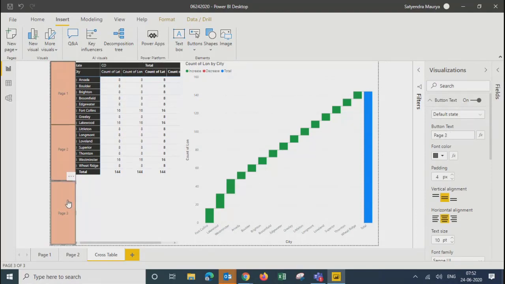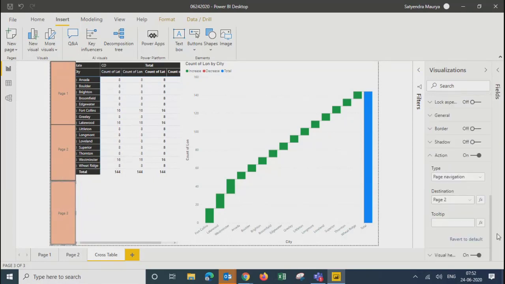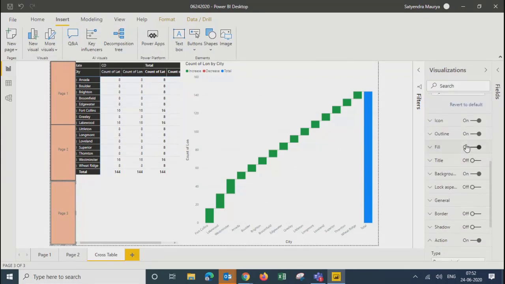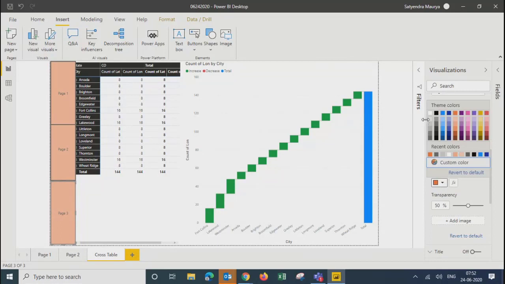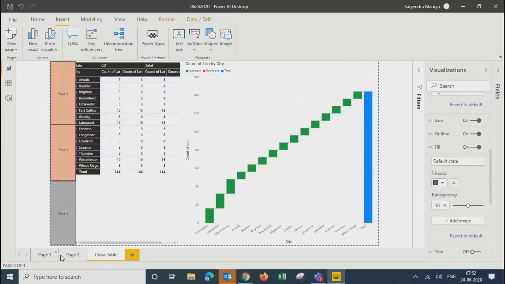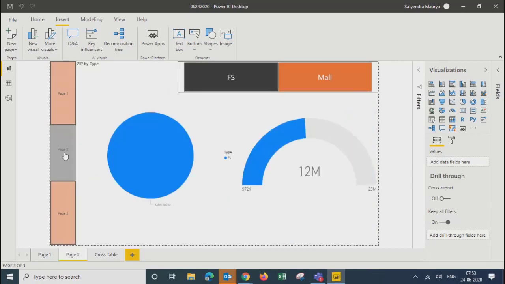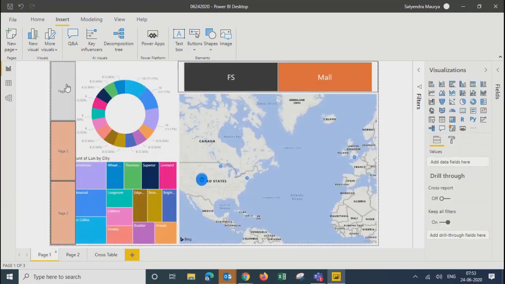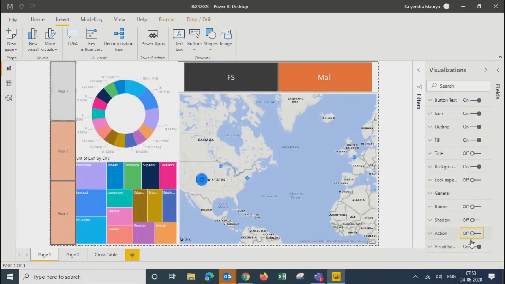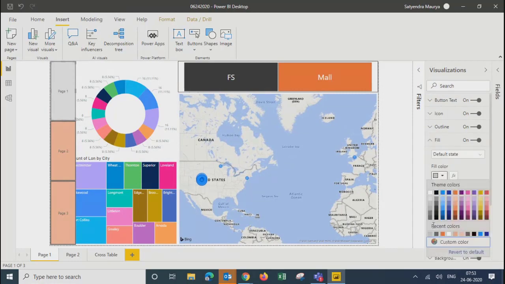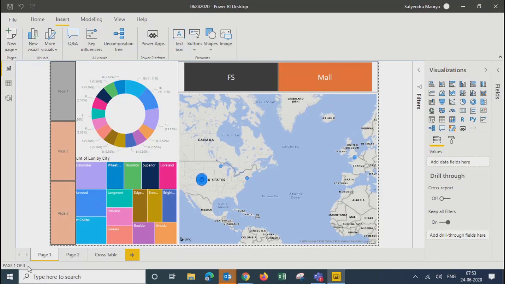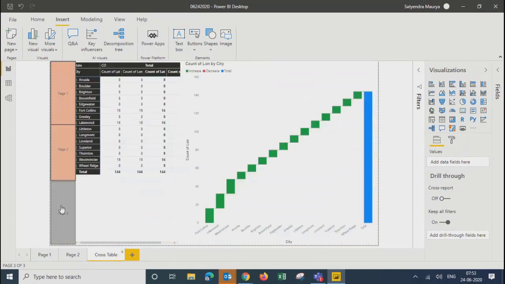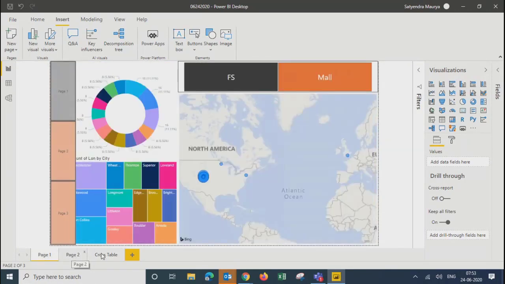For page number 3, on this particular button, because we are already on page number 3, I'll just set the action to none. And for fill, I'll change the color to gray, because we are already on page number 3. So this we are done. Over here, page number 2, I don't think we need any action. And over here on page number 1, I don't think we need any action. Okay, so you understood, right? On each page, if I'm on that particular page, I have just grayed that out. That's the design that I have created.